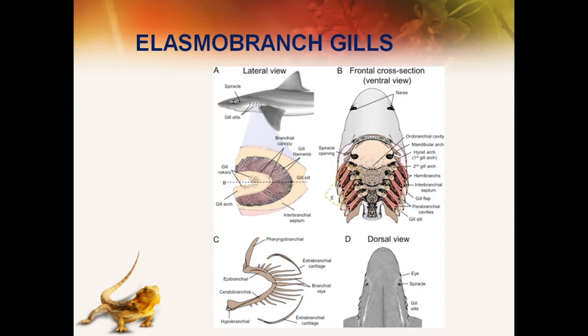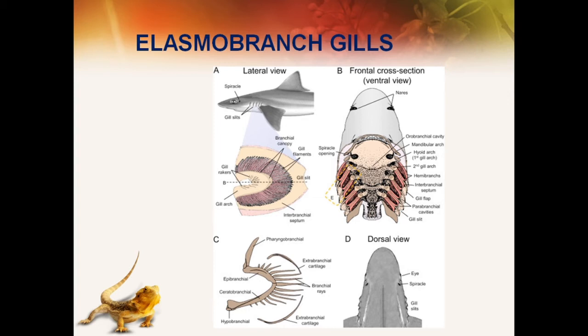In fish like Scoliodon, respiration is aquatic because it depends upon oxygen which is dissolved in water. This exchange of gases takes place at the region of these gills. It consists of 5 pairs of gill pouches. You can see here there are 5 pairs of gill pouches, and these gill pouches contain the gills. These gill pouches are present on either lateral side of the pharynx in a series.